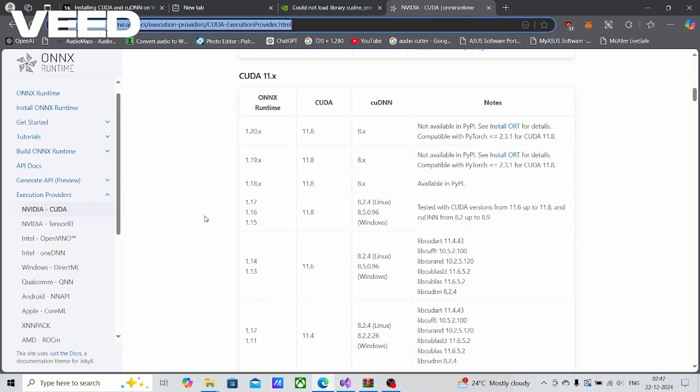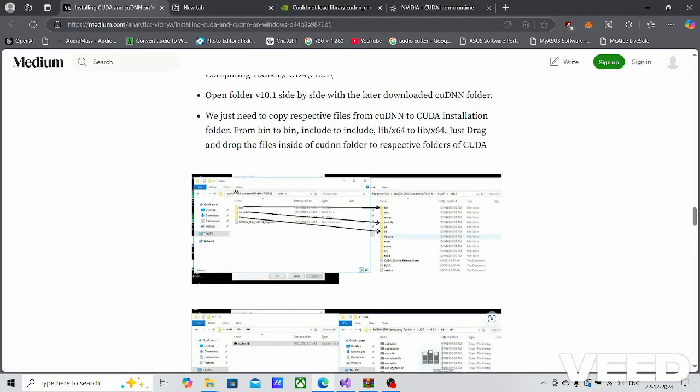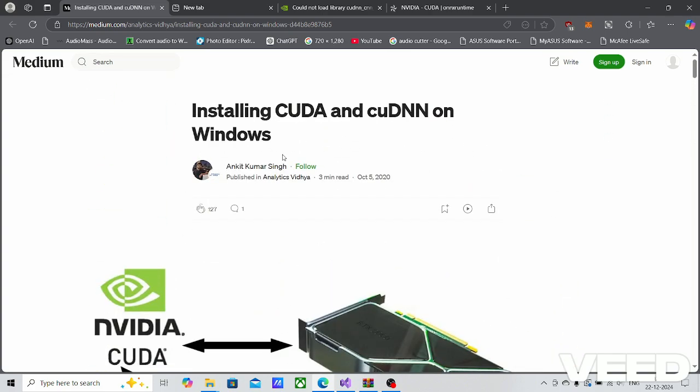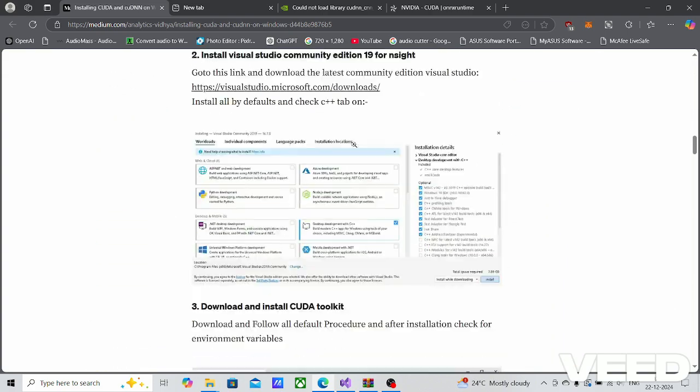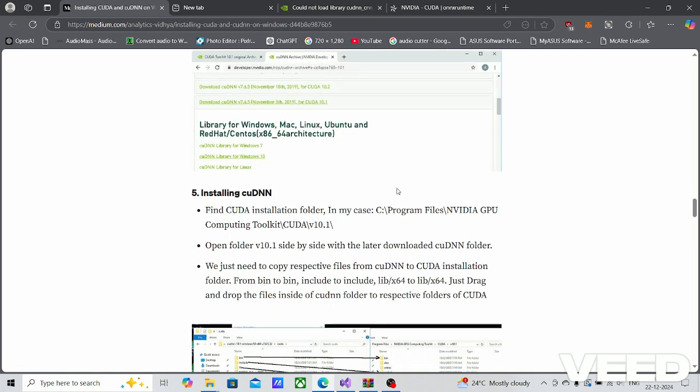You can go to this page and see the compatibility. I'll provide all the links in the description. From here, my ONNX Runtime is 1.16, and for that I need CUDA 11.8, and then CUDA is tested up to 8.2.9, so I can use any one of them. For installing this, you can go through any blog post. I will provide this post also in the description. You can read it and follow the steps he said